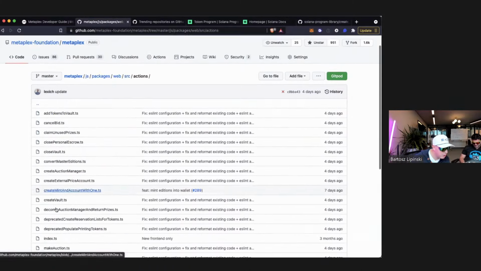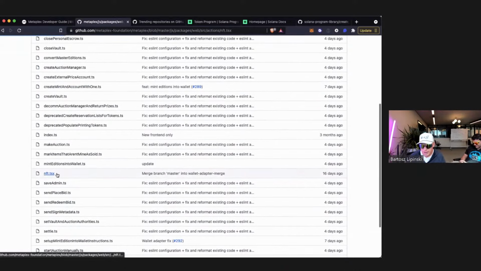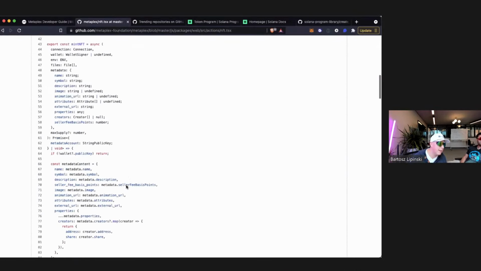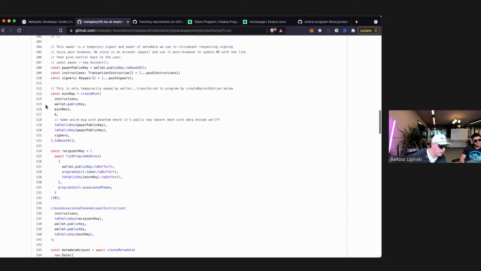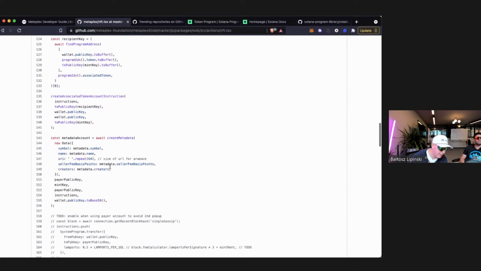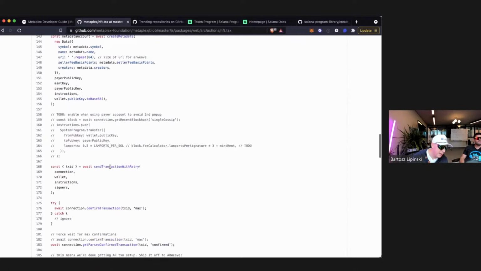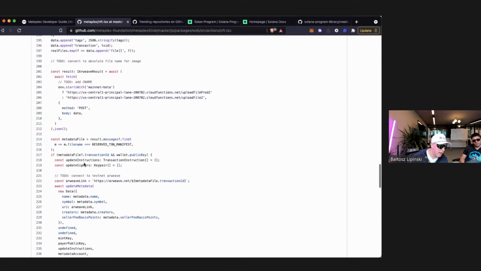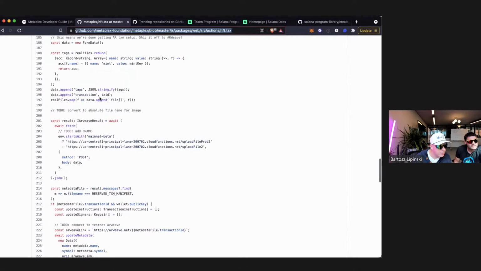Okay, so I want to show specifically this NFT.tsx. This shows you how Metaplex works when you're a creator and you are minting something, you can actually create a master edition. It walks you through creating the mint, which we discussed at the very beginning, creating an associated token account for the user, and then setting up the metadata, and then sending it to Arweave, storing this in the immutable storage on Arweave, and then updating the link. I want to update this to upload file prod 4 at some point. Yeah. All right, so let's